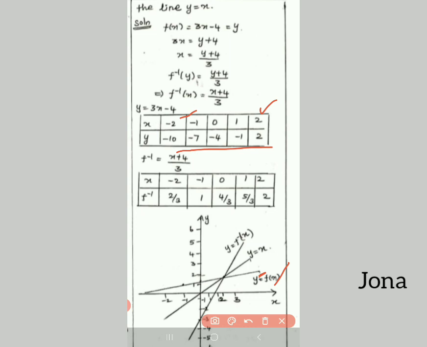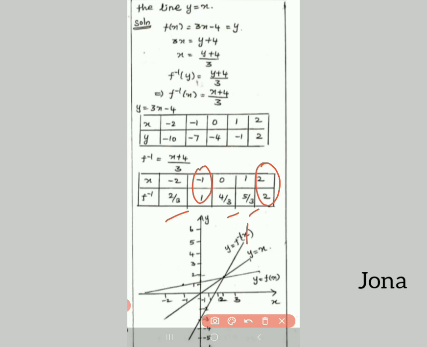Okay, and then the next one, f inverse. F inverse is nothing but (x plus 4)/3. So for this I want to put another table now. Here also I want to take the value of x from minus 2 to plus 2. So I got the values like this. I don't want to plot all of them, as rational numbers are also there. Simply I can put minus 1 comma 1 and 2 comma 2. So 2 points are enough to put a line, isn't it? So I can draw the line for f inverse here. This is the line for f inverse.